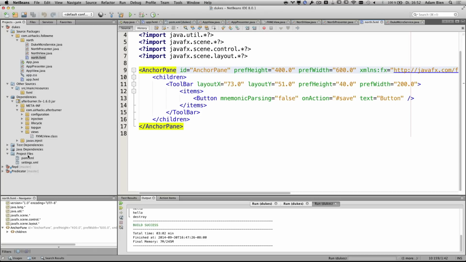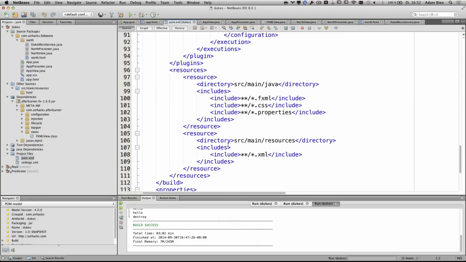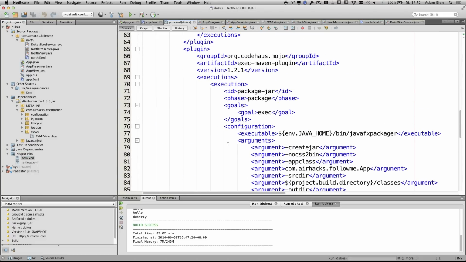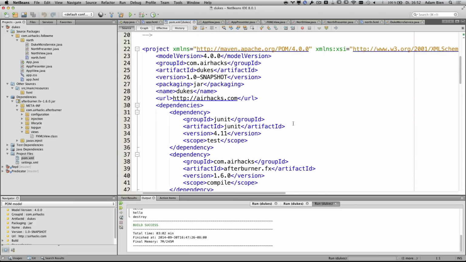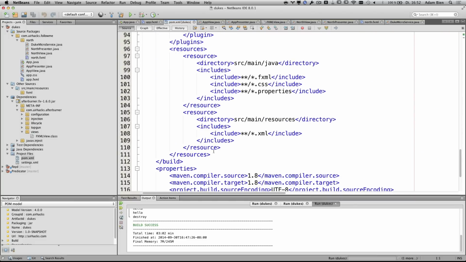I just would like to open the Maven build, because there are two things which are optional. I integrated the JavaFX packager. What it does is output an executable file, so I can go to the command line and invoke java -jar, and it will start everything. All dependencies you declare here are included in one single jar. And this is the Maven dependency plugin. And this is the configuration so that everything is loadable from src/main/java.